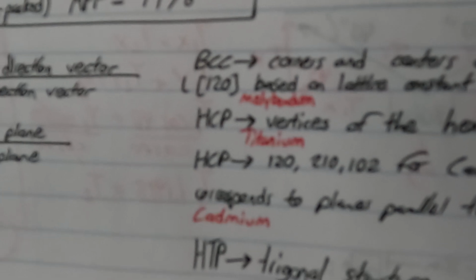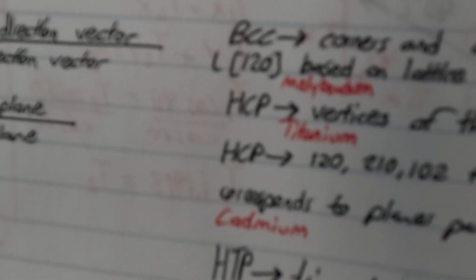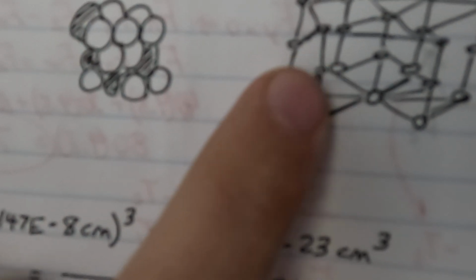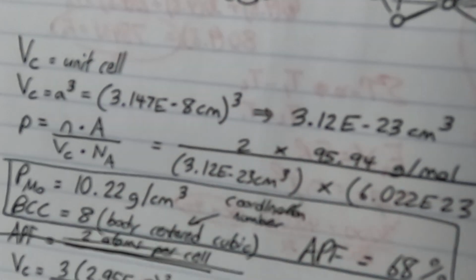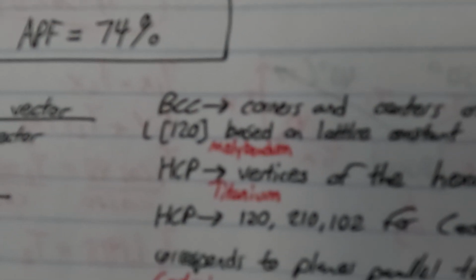Titanium is actually considered HCP. HCP has the same structure as cadmium, which as you can see they're very different. But they have the same unit cell atomic composition, if that makes sense. The only difference is in titanium it's on the vertices, so like on the sides. Whereas for cadmium, it's going to be on the parallel plane to the hexagonal faces. So it'll be there instead of being on the side where the imaginary triangles are. It's kind of weird, but that's how it works. And then for